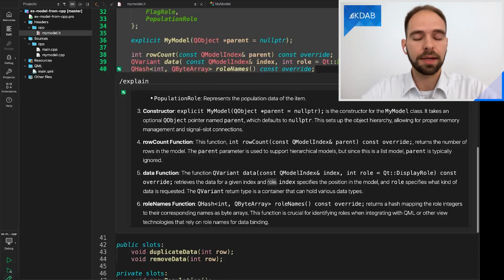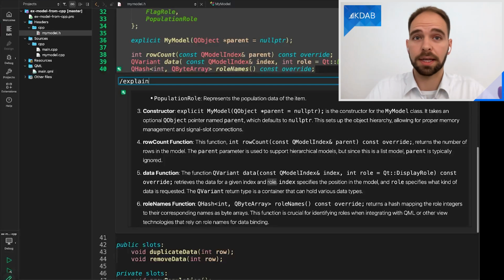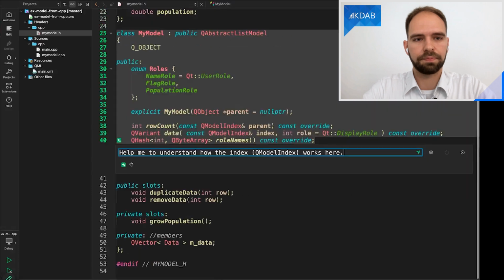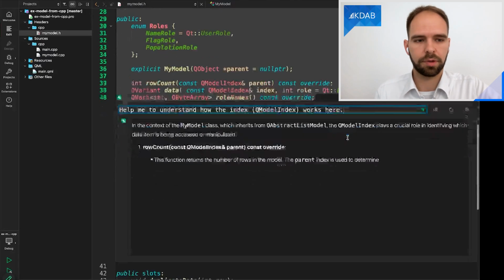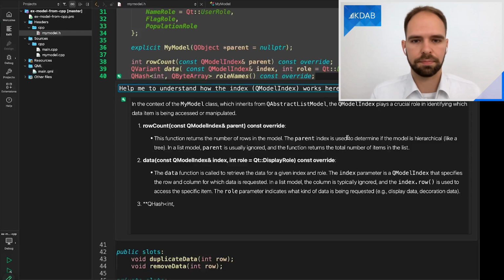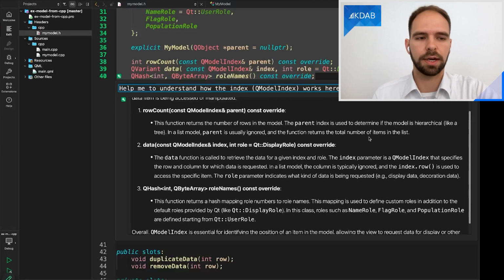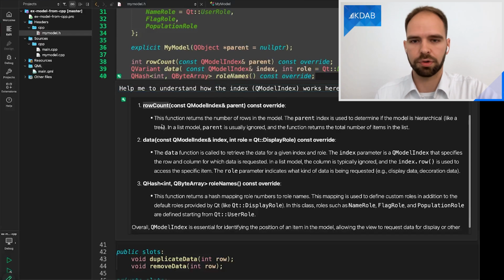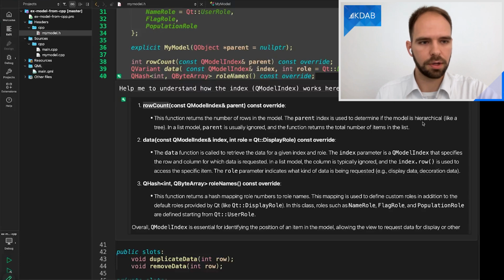Yeah. Okay. So maybe we can see whether we can get an additional answer out of here. So if I have explain, I would type: help me to understand then how the QModelIndex works here. You see that there is a nice streaming interface here, so you can already start reading the text while it's still producing text. Okay, now here we get information about different overrides of the different functions that are available. So here's row count. Let me see how useful that answer is.